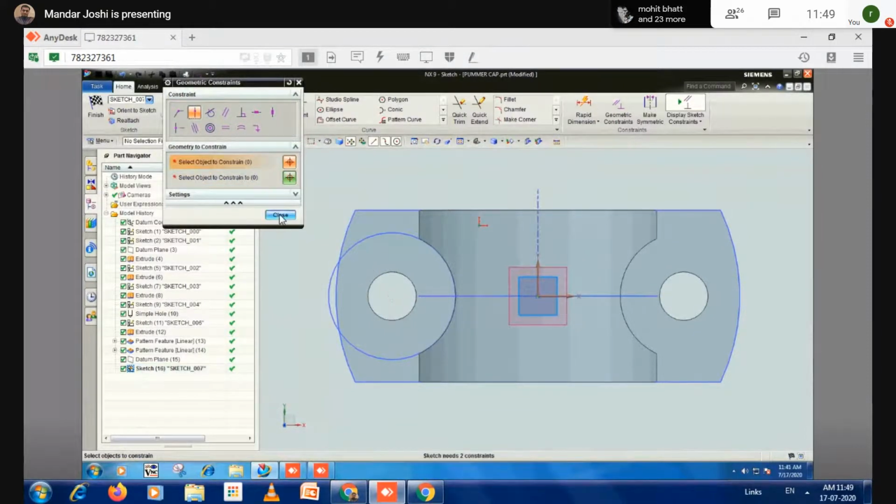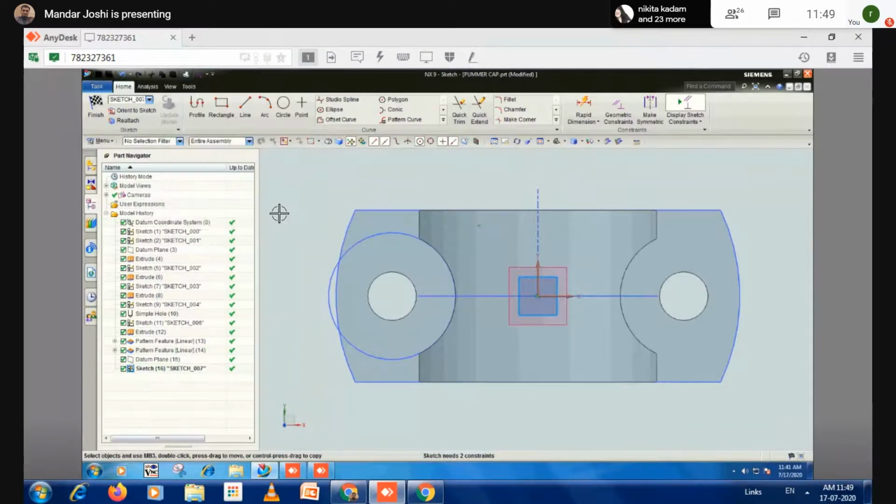After that, you will find unnecessary points plotted here. I just select this and delete it. Now check the status. It shows fully constrained. Go to the finish option.